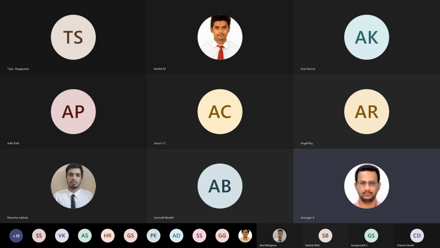A vessel normally should have a body and a top, technically called the head, and a bottom. So: cylindrical portion, top portion, bottom portion. The top is called the head, the bottom is a closure. Here we have different types of heads and closures. Heads may be flat heads, or sometimes dished heads. In dished heads we have different types, like spherical head, hemispherical head, and elliptical head. Different types are there.